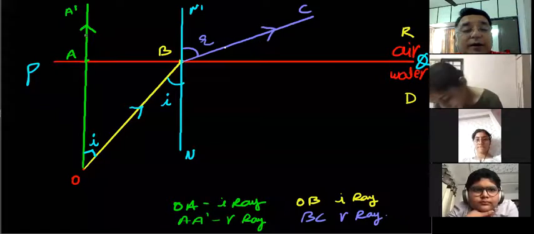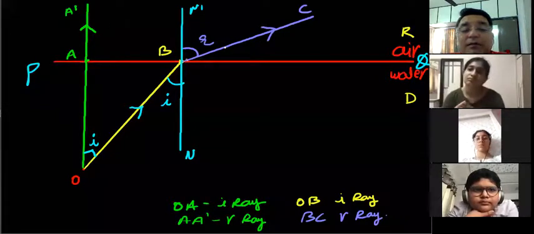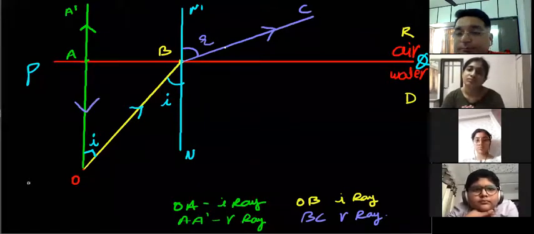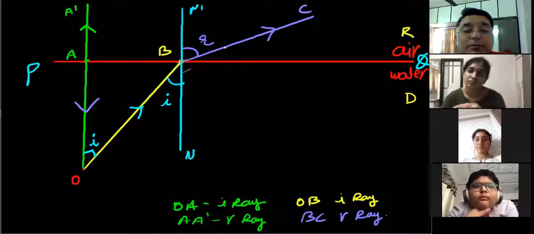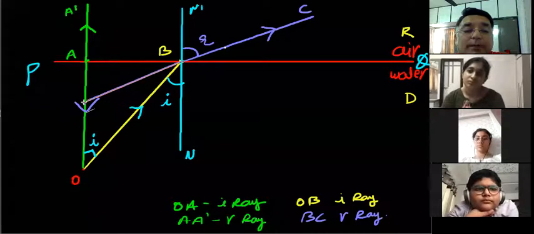If you see, the first refracted ray is going up and the second refracted ray is going in this direction. They will never cross each other. So in order to obtain an image, what we do is we produce the refracted rays backwards. पीछे ड्रॉ करेंगे. अभी ये a dash a को तो backward ड्रॉ करने की जरूरत नहीं है. It will go in the same direction. Now what we do is we produce this ray backwards. समझ लो यहाँ पर मिला है.